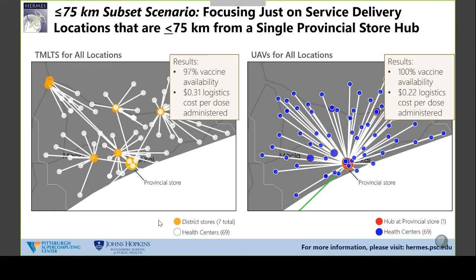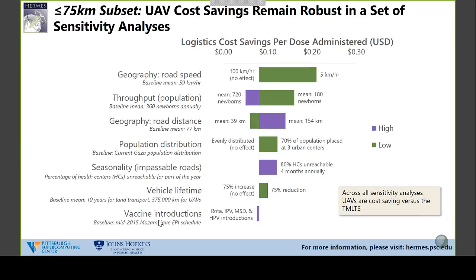And so that still showed an increase in vaccine availability and a reduction in the logistics cost per dose administered. It was still about 8 to 9 cents per dose savings. But the reason we wanted to look at this smaller model was because it allowed us to make some more comparisons. We were able to vary different parameters in that model to see how well the UAV system might perform